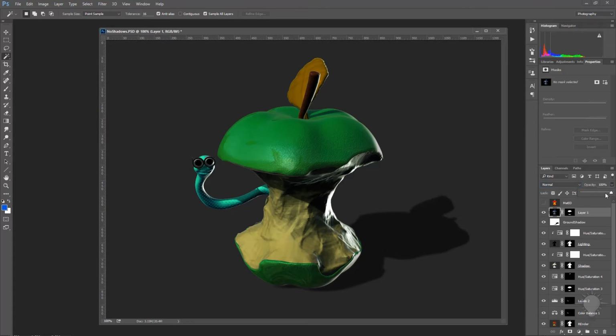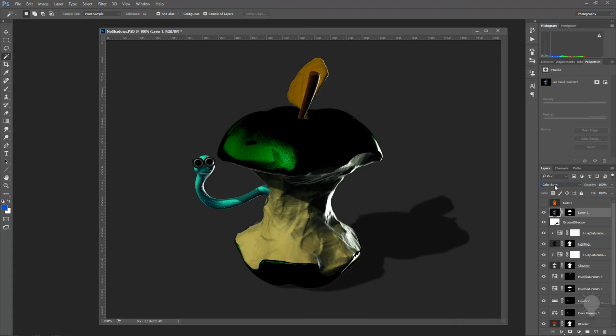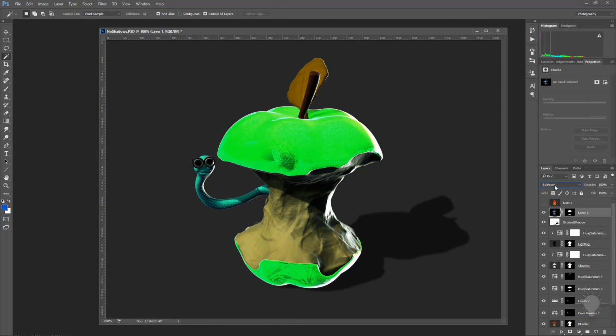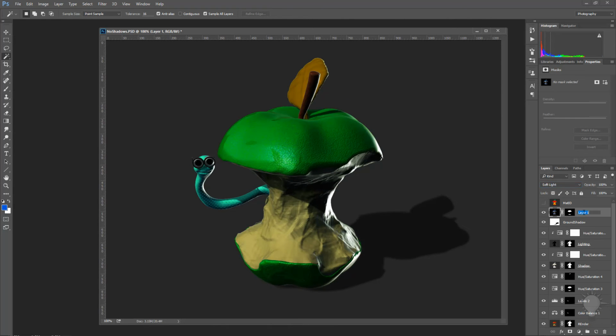Let's go ahead and crank that back up to 100. And with that selected, you can just tap the down arrow and cycle through and see if there's a blend mode that gives it a cool kind of coated look. And it doesn't matter if it's strong or not, because you can always dial it back through opacity. So just go through those really quickly. Let's say this one's kind of nice. So we'll call this